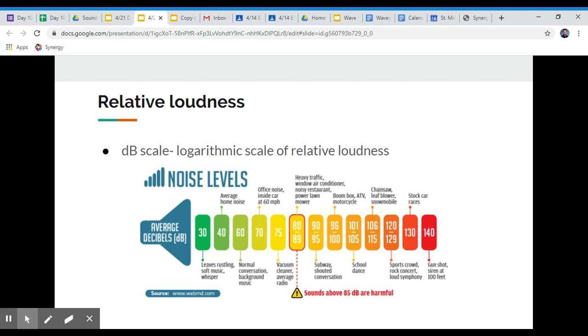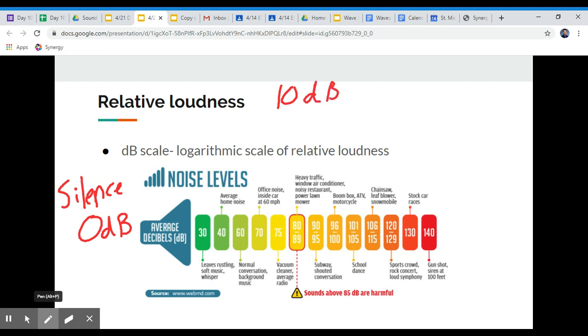But it's a relative scale. So if I were to say that 0 decibels is basically near silence, and we go up to 10 decibels,